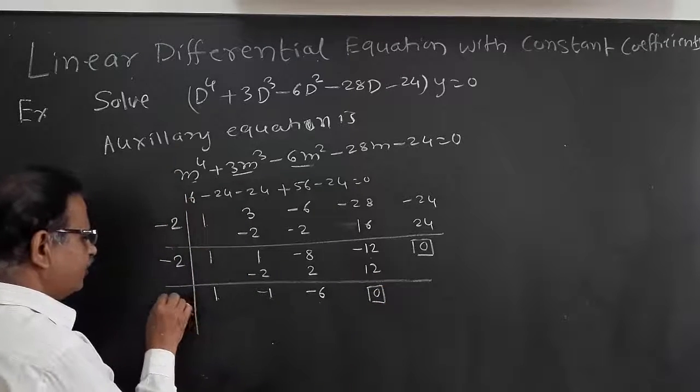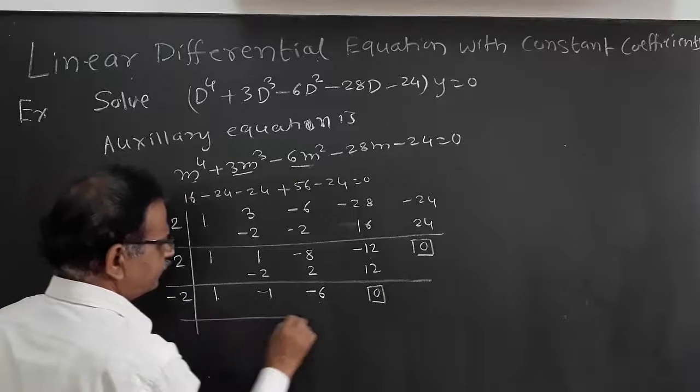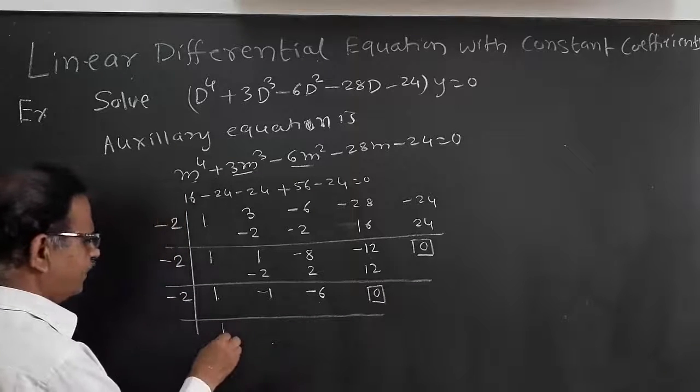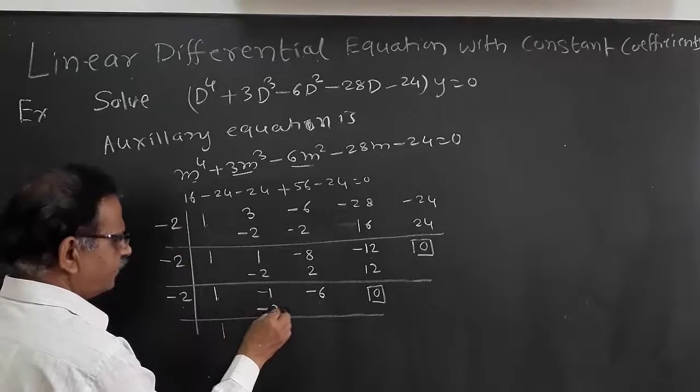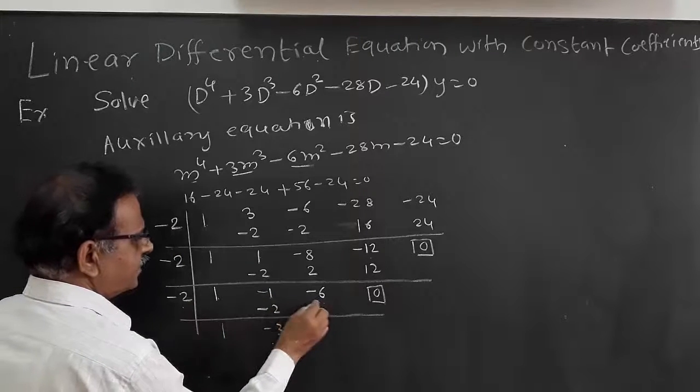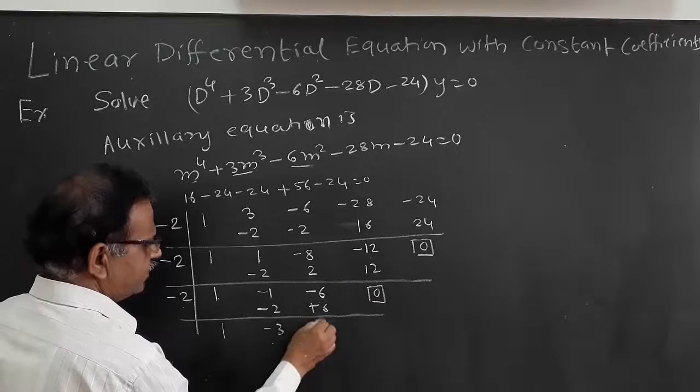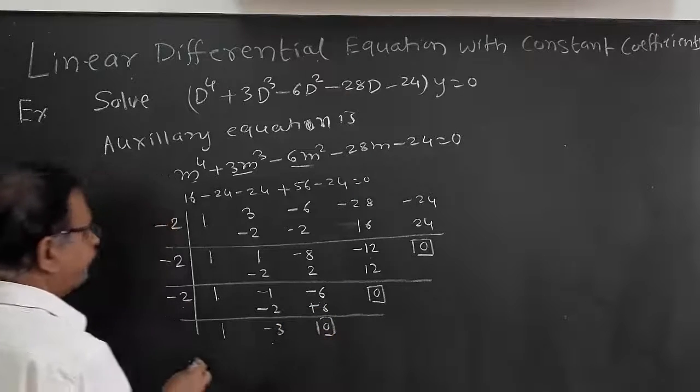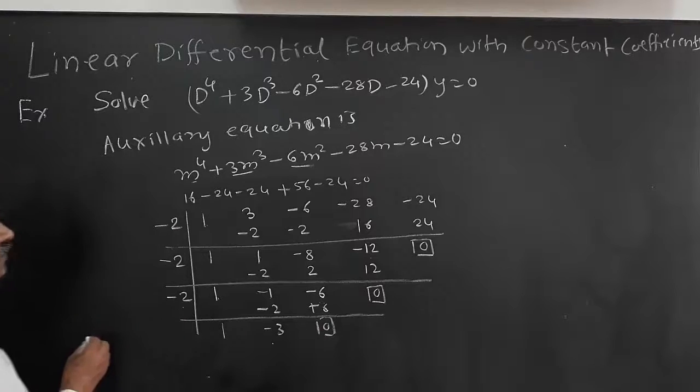Again we shall try minus 2. 1 into minus 2 is minus 2, minus 2 and minus 1 is minus 3, minus 3 into minus 2 is plus 6, therefore it is 0. Therefore, m raised to 4